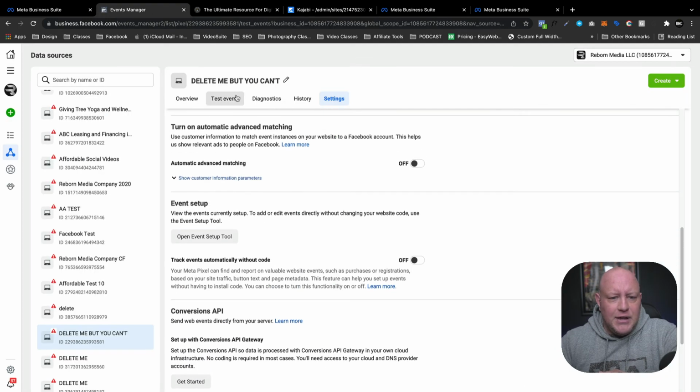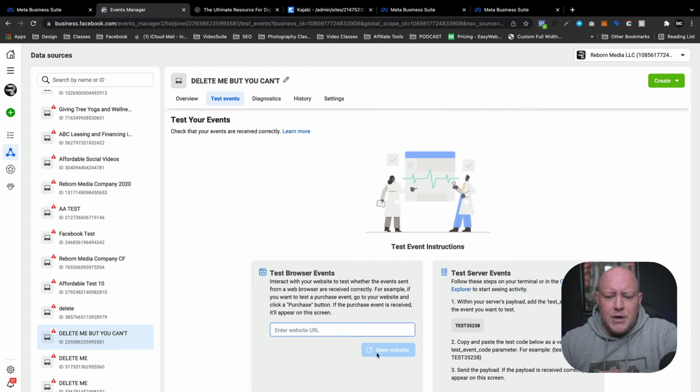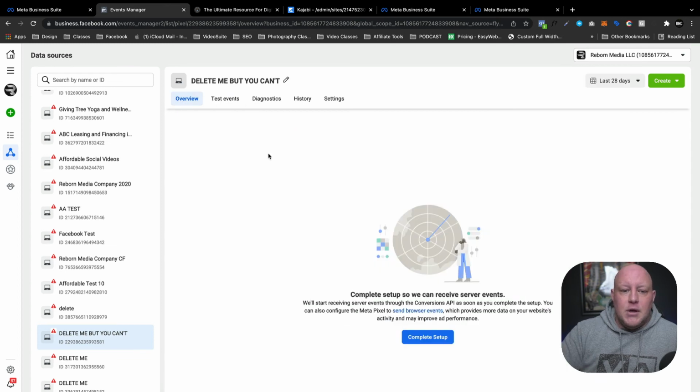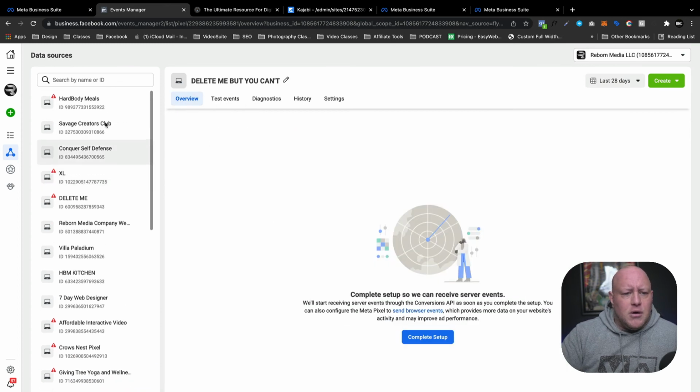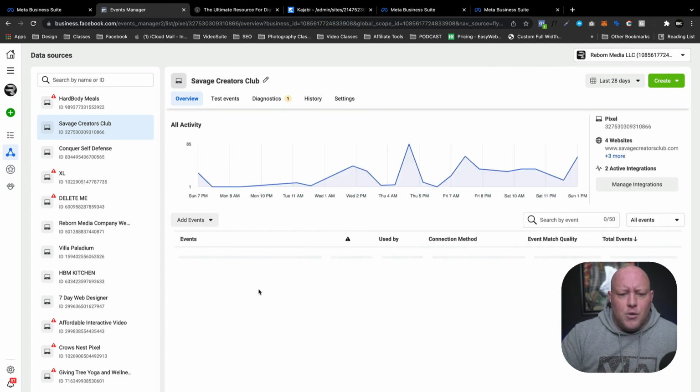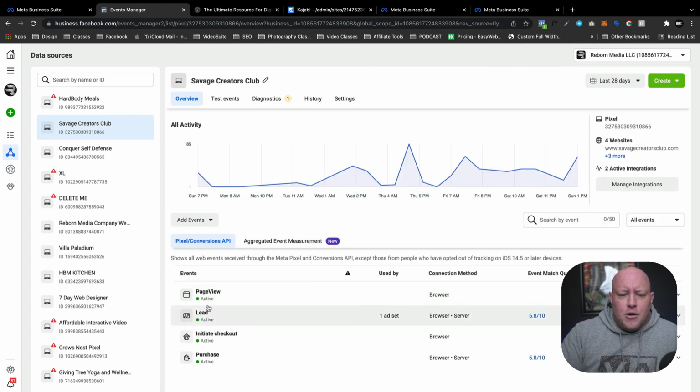If you want to test events, you can come to Test Events, put in your address, open website, work with the website, go through the form. If you want, install Facebook Pixel Helper into Chrome, that's going to tell you, is it firing, what's firing, and go through the whole process, and just make sure that your events are firing. It shows browser, server, shows you what kind of events are firing, so everything is set up